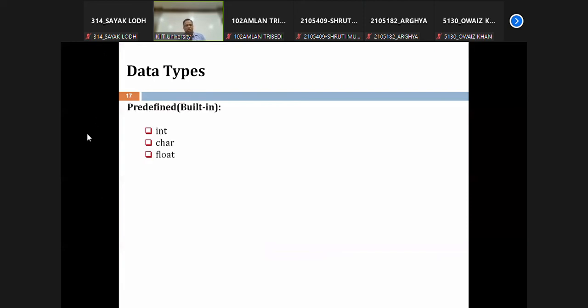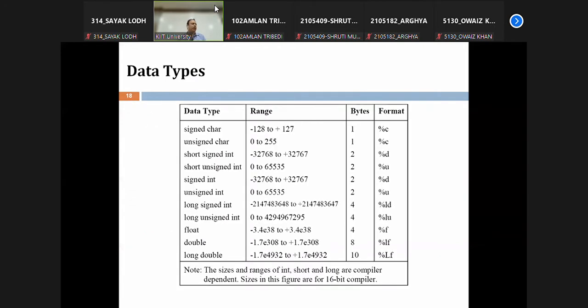Float, or characters. Derived and user-defined data types will be discussed later on. Every data type takes a set of memory locations, starting from